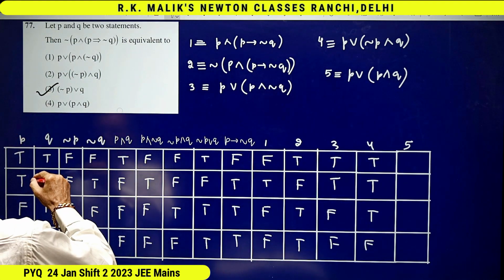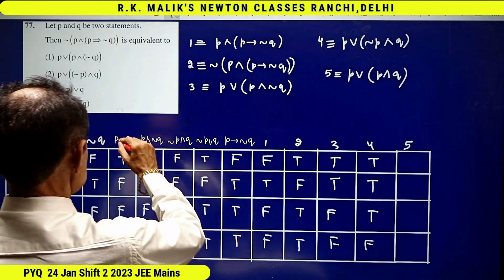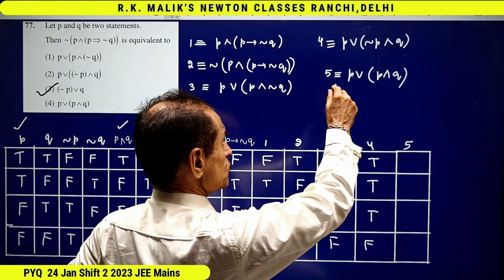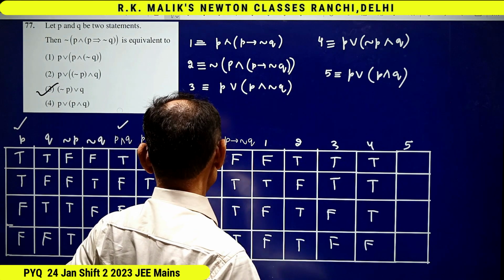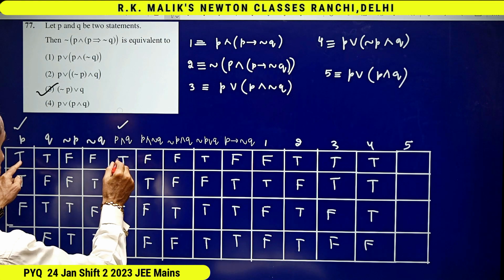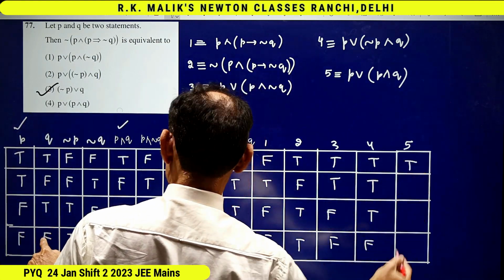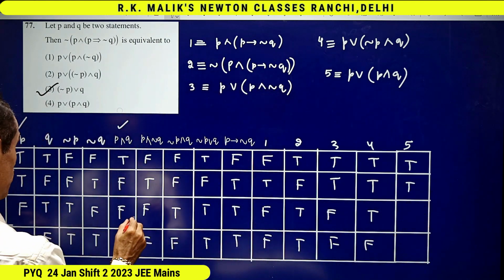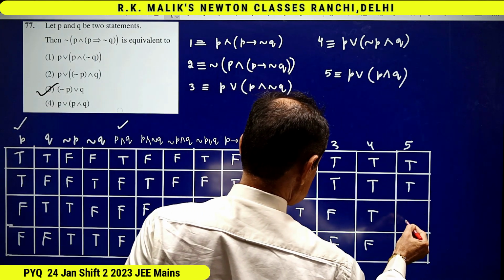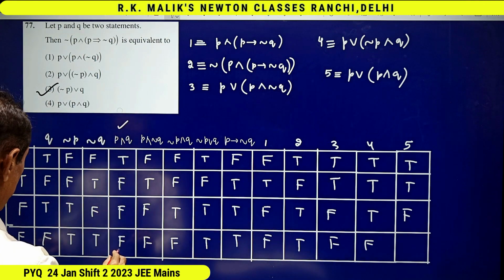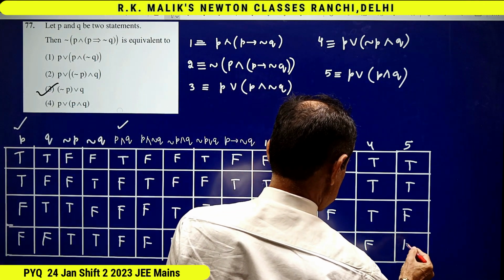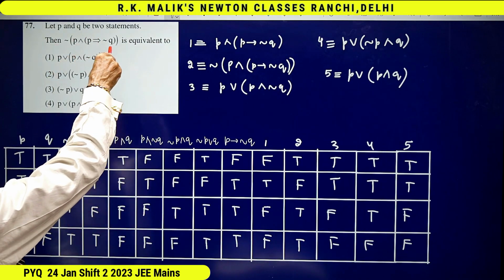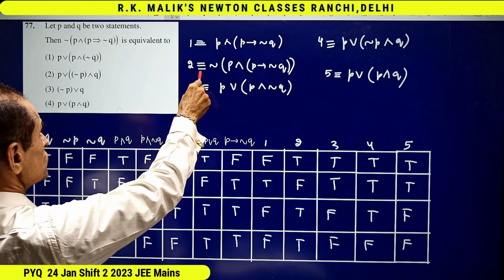That is, we have to find the disjunction of this and this. And we know that disjunction is false only if both are false. Otherwise, it is true. TT means T, TF means T, FF means F, and FF again means F. You can see very easily the truth table of given statement, that is 2, is this,